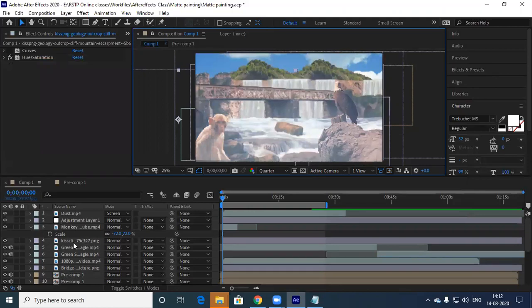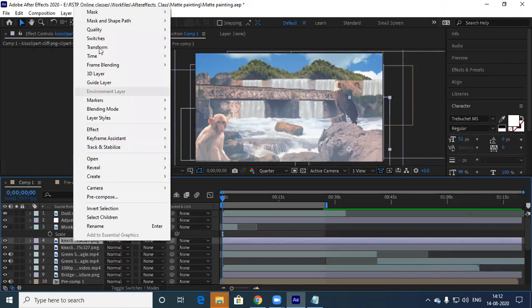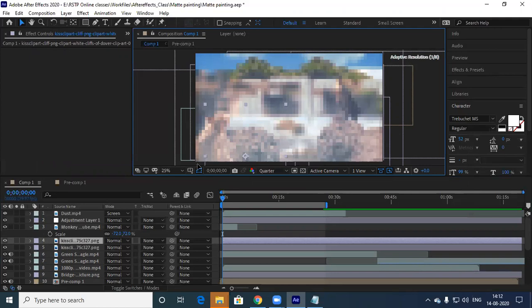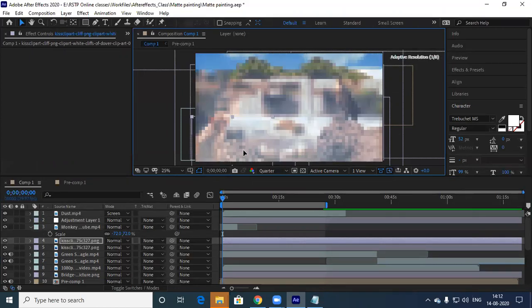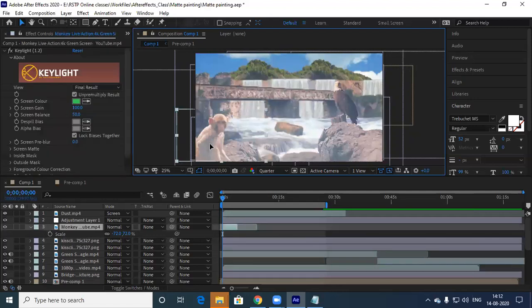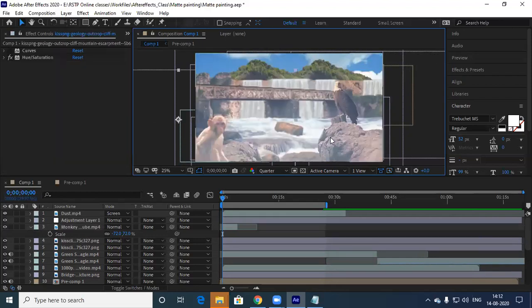Then I need to duplicate this, flip horizontal, and move this behind the monkey shot like this. Then I'll select the monkey. Awesome, it looks like this now.